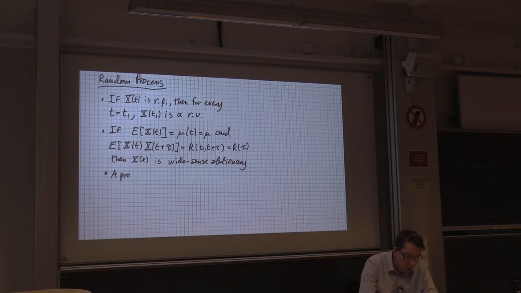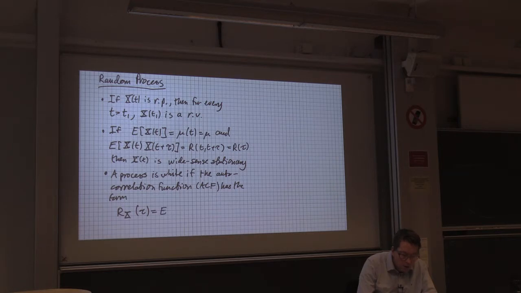So a process is white. A random process is white if the autocorrelation function, or ACF, has the form, so Rx of tau,